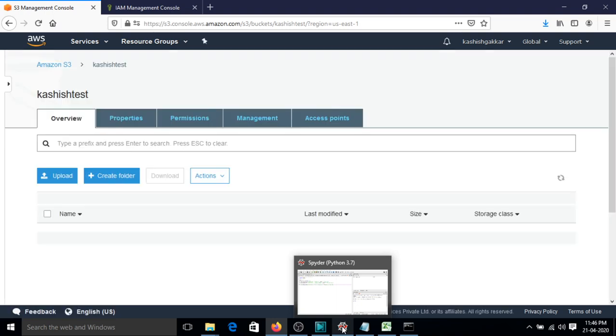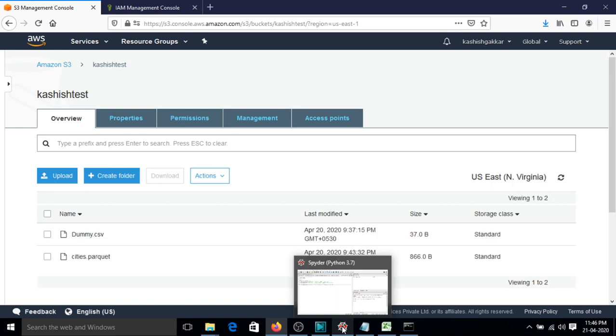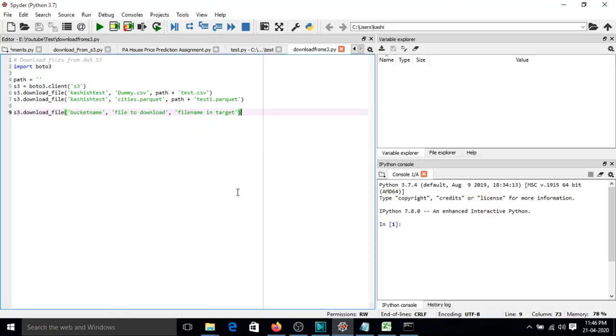Now I'm using Spyder IDE to run Python code, which comes by default with the Anaconda distribution. You can run Python code on any other IDE which you are using, like PyCharm or Jupyter Notebook. So I am importing a library which is Boto3, and this helps us to make a connection between S3 and Python. I am importing it,